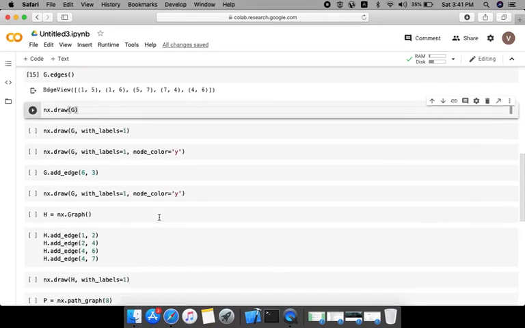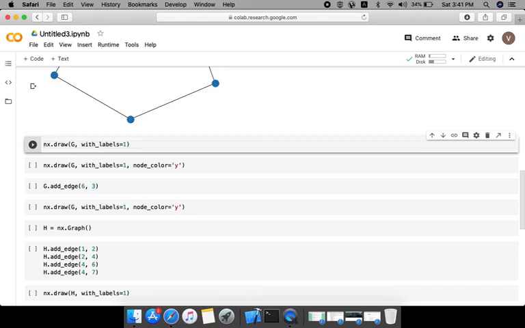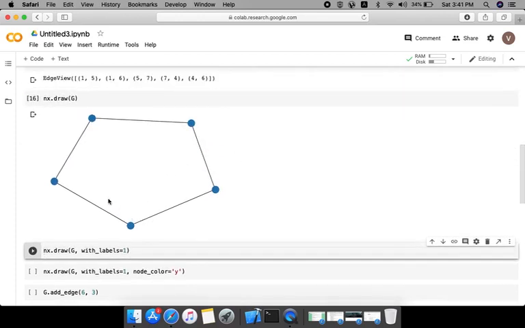Now it's the turn to draw the graph. So the command is nx.draw(G). Here nx is for the library networkx and .draw(G) is for drawing the graph G. Therefore this command returns something like this, and this is the graph that we got by adding the nodes and edges. But here you can see that your nodes are not labeled. So you can also add that in your graph.